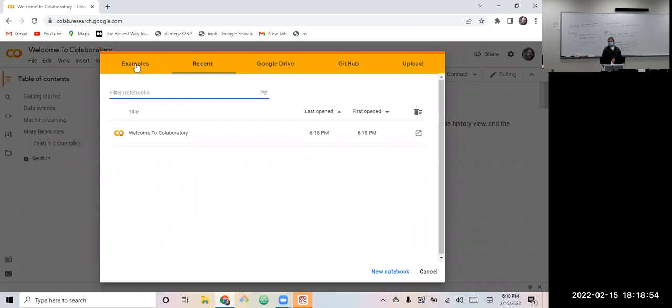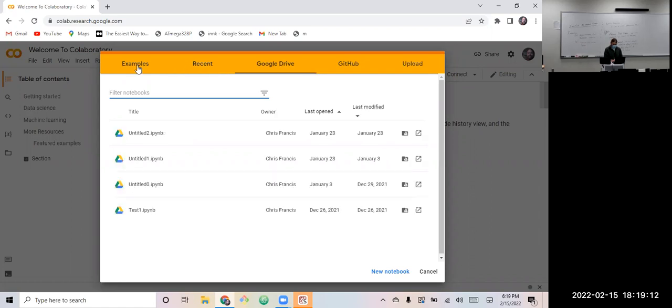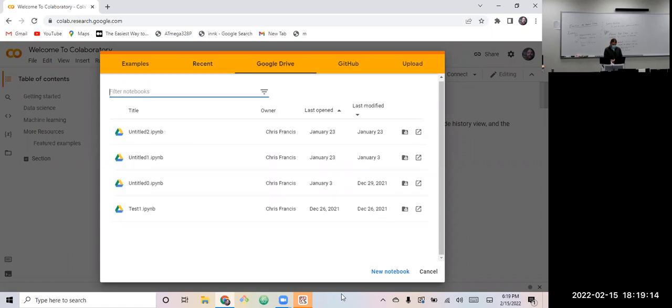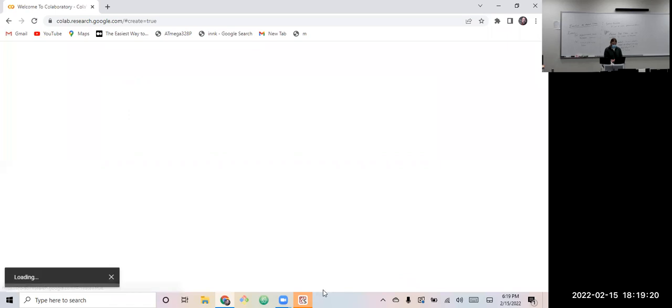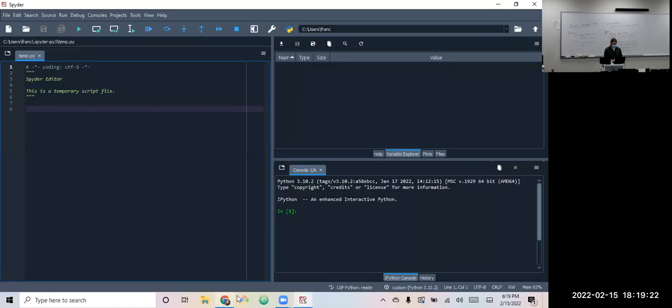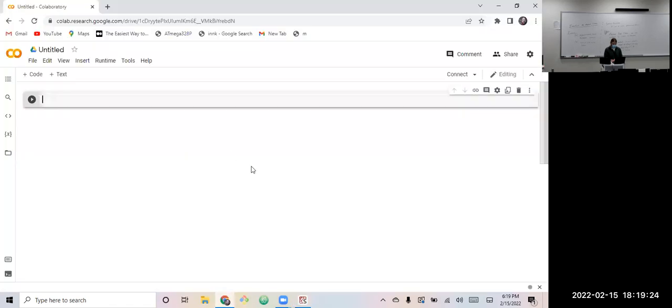And then the other advantages you get of working with Google Office Suite, you can share it with other people. Multiple people can work on it at the same time, all that stuff. Y'all are probably familiar with that from the cloud. So where's the new button? Is it hidden behind my Zoom buttons or something? Oh, there it is. New notebook. I'll go over there so that thing stops flashing.